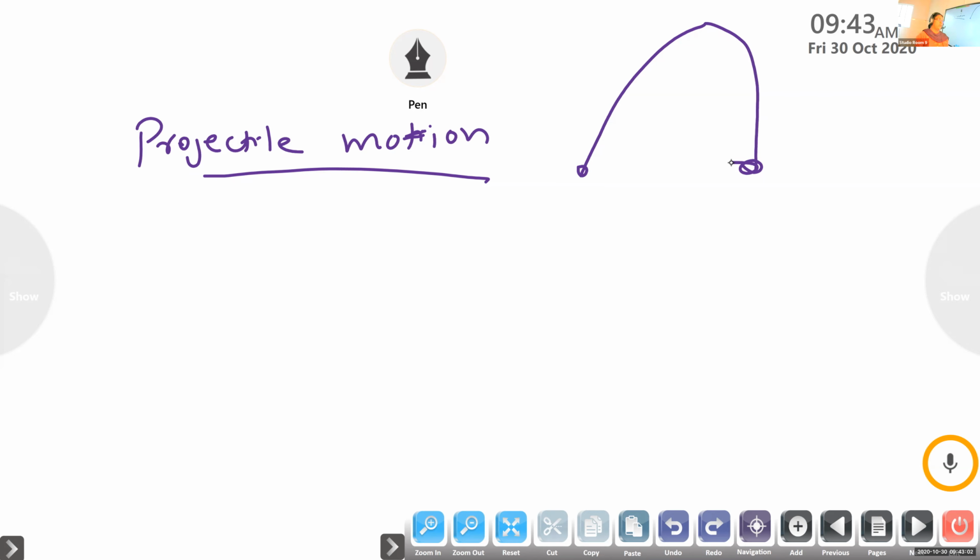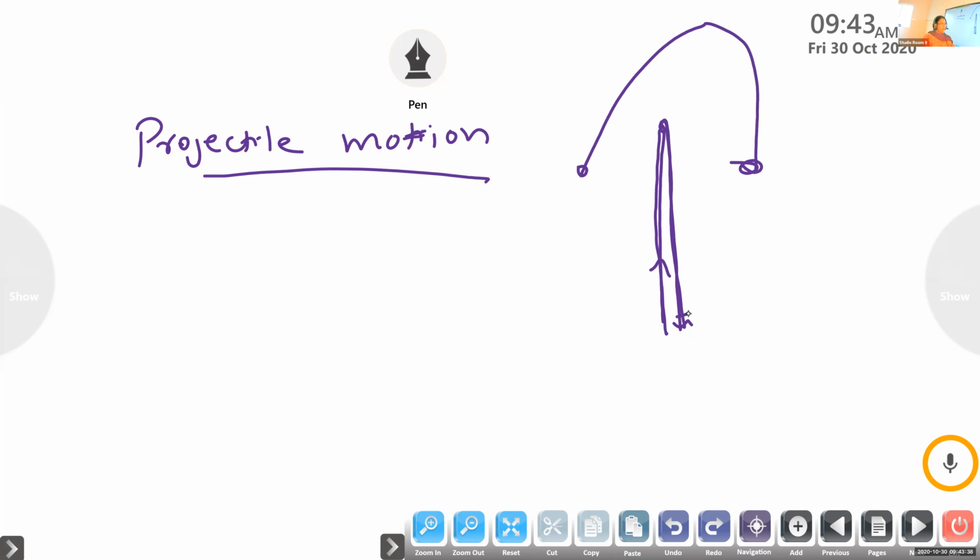Any object which is thrown upwards exhibits projectile motion. For example, a stone is going up, it is also falling. It is also projectile motion. If the stone is moving, it does not fall along the same path. It has a little change and then it falls. So this is known as projectile motion, and this is an example of two-dimensional motion. Okay, so write down.